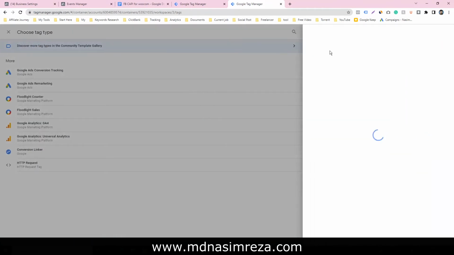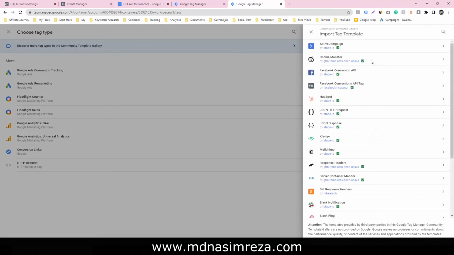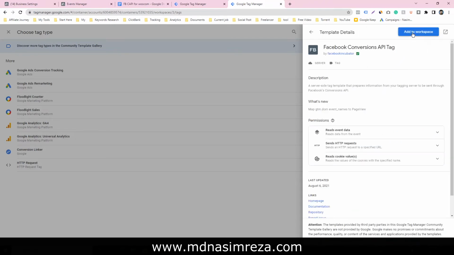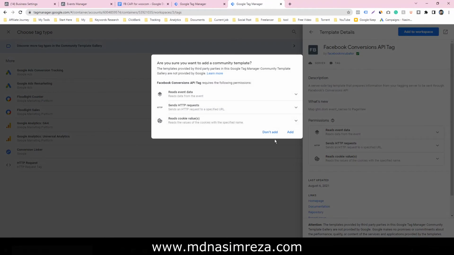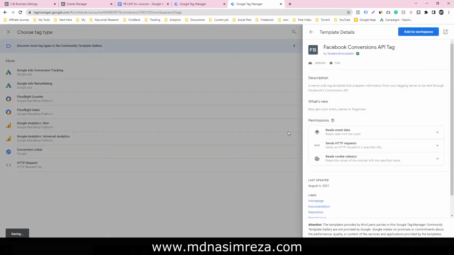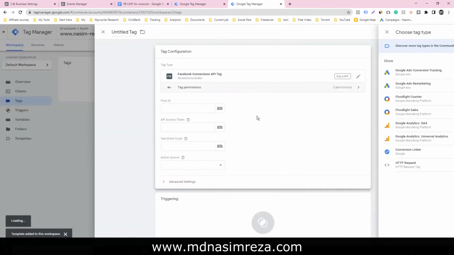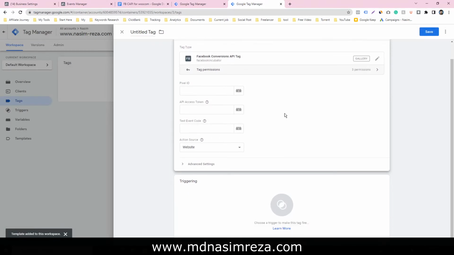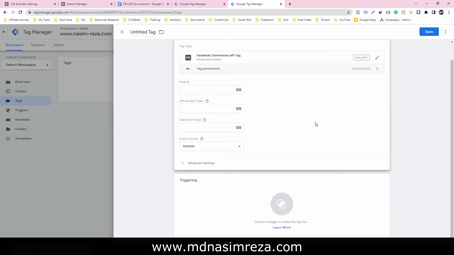Just click on discover more from template and select this one, Facebook conversion API by Facebook Incubator. Click on that and add to workspace. Click on add. So here are some boxes, so we have to fill them in.